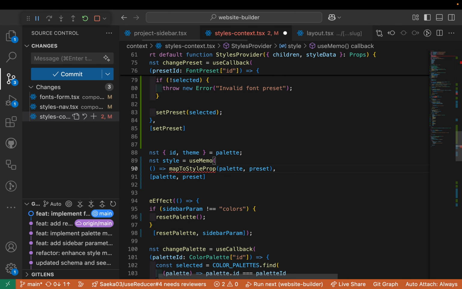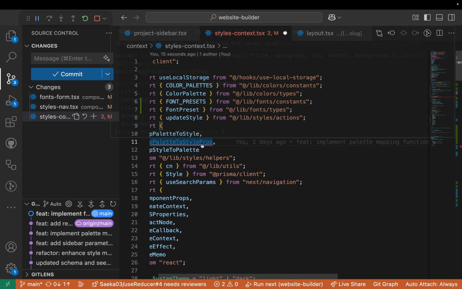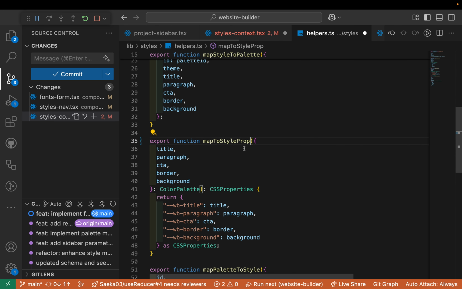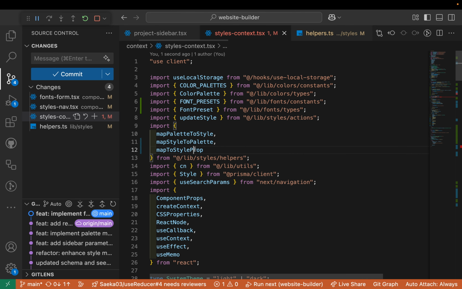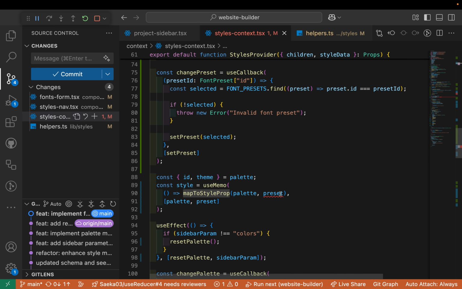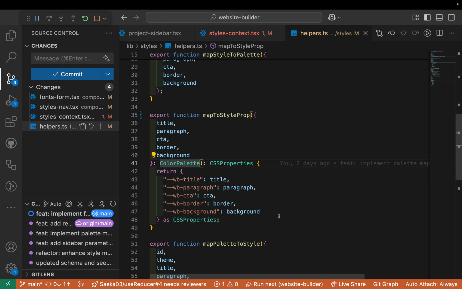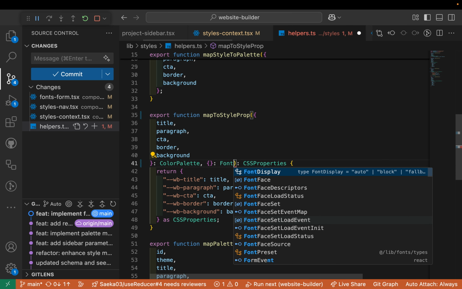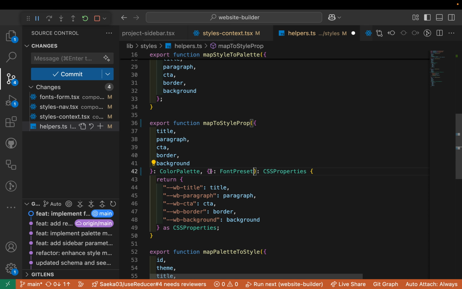So instead, I'm gonna just say map to style preset, okay? So let's go up here and then go to the function, change the name, okay? So change the name, awesome. So of course it's complaining because I'm passing an additional argument, right? So let's accept the parameter here. The parameter that I want to accept will be the font preset here. Yeah, so this one will include heading and then body,